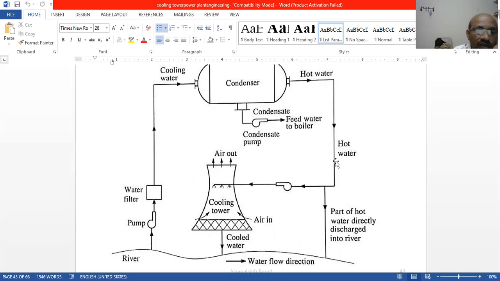Another thing is that we extract water from the river again, because the plant is constructed very near to it. We send this water to the furnace as well as the ash handling equipment, and we use it in other areas also. So a steam power plant is always erected by the side of a river. Another one we will see next.